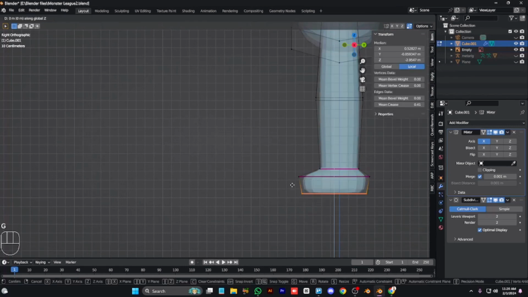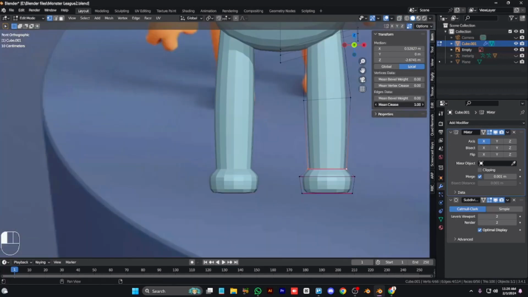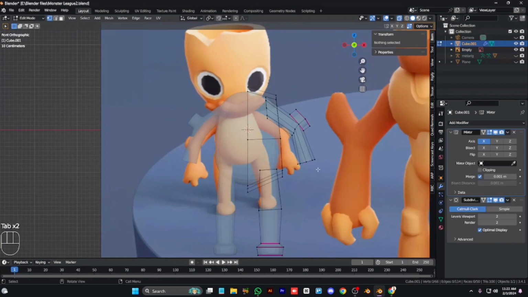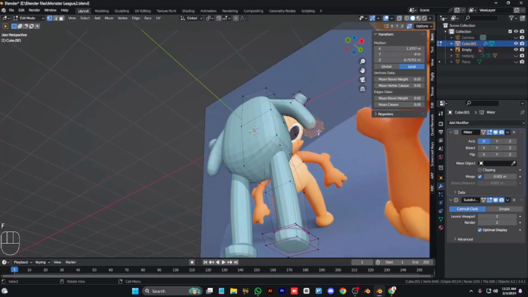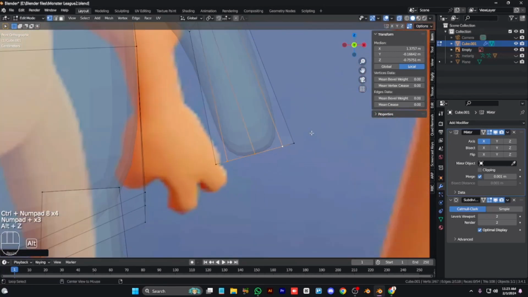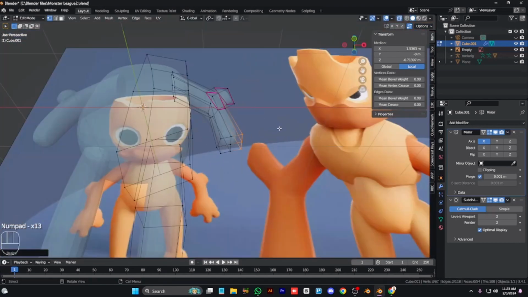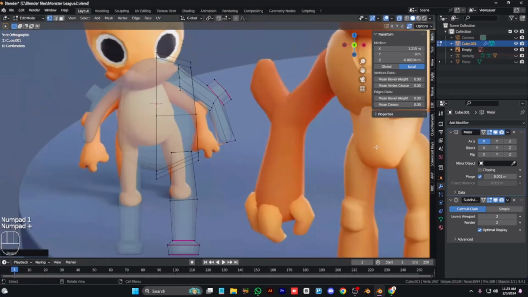This will be our feet. Scale the bottom loop like that. Okay, now our feet are almost done and our feet are done. Now we need to make the hands like that. Join them and scale them to 0. We can do this from both loops like that. Okay, now we need to scale them on the X and the Z, from here and from here,